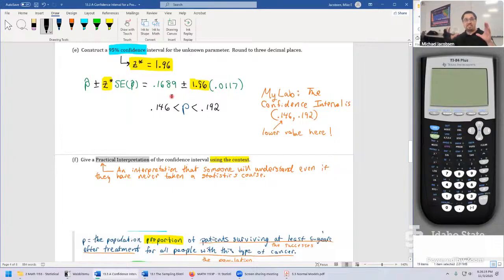Finally, here's what the practical interpretation is going to look like. Now remember, the width of this interval depended on how confident you were going to be. It depended on that Z-star number. So the very first thing we do to be upfront with everybody is we tell them how confident we actually are. We start off by saying, with 95% confidence. And I regret that choice for color coding. I want to leave blue for the parameter P. So let me back off that statement. We're going to rewrite it with 95% confidence.